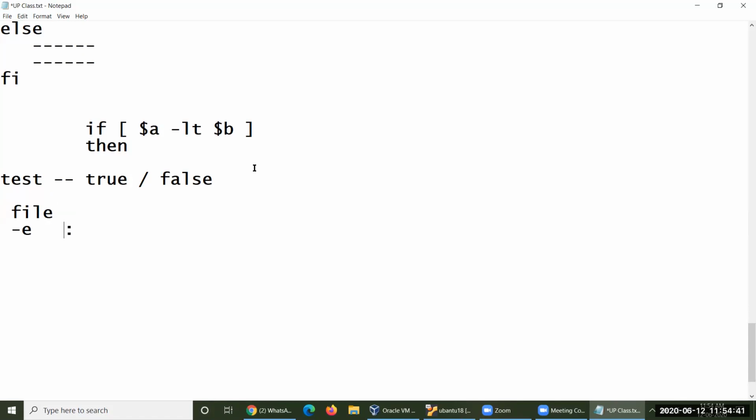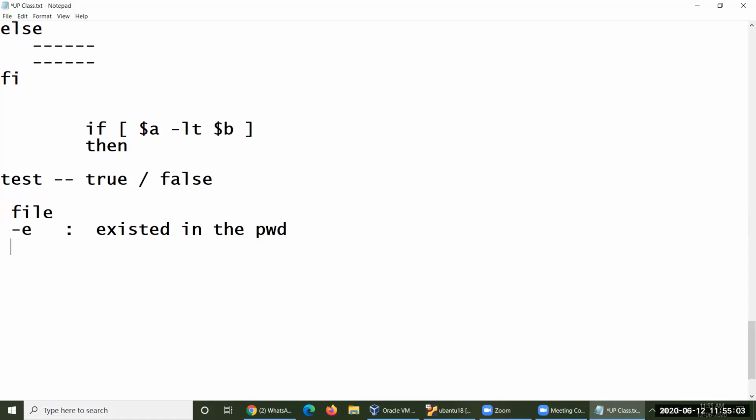So whether this file exists in the PWD, present working directory, or not. It could return true or false. If it really exists, then it returns true. If it does not exist, it returns false. That is the meaning here.